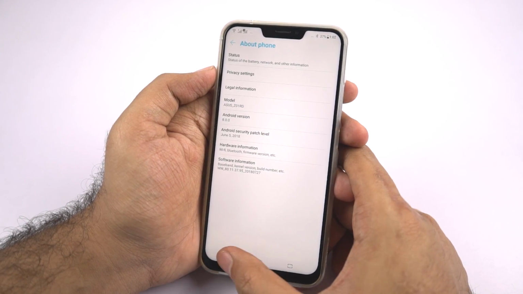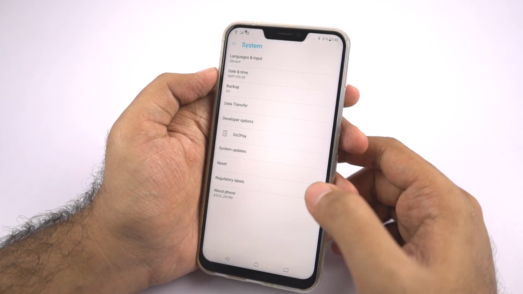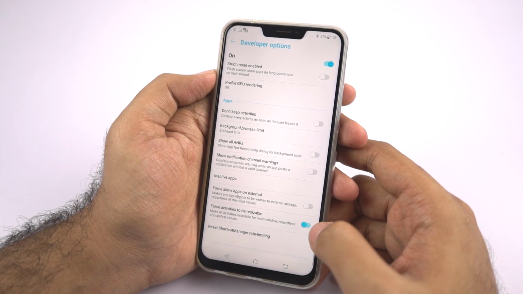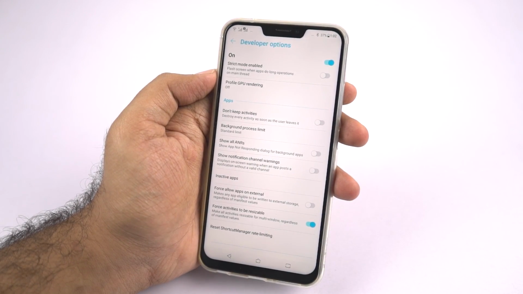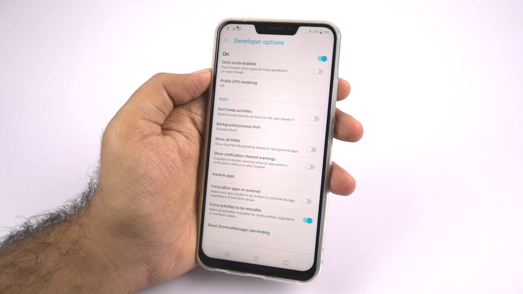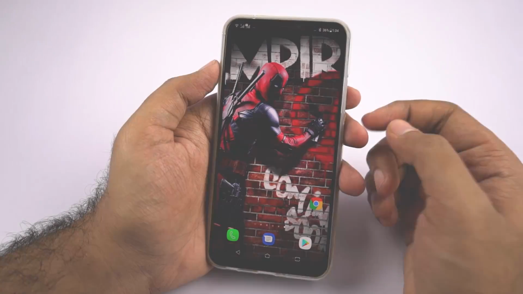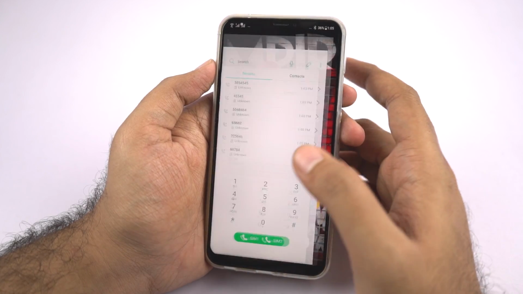Now go back once again. Now select developer options. Now from here scroll all the way to the bottom and enable force activities to be resizable. Now once you do that and restart the phone, you will be able to use all the applications in the split screen mode. Now if you want to record calls automatically on your phone, then open the phone dialer,